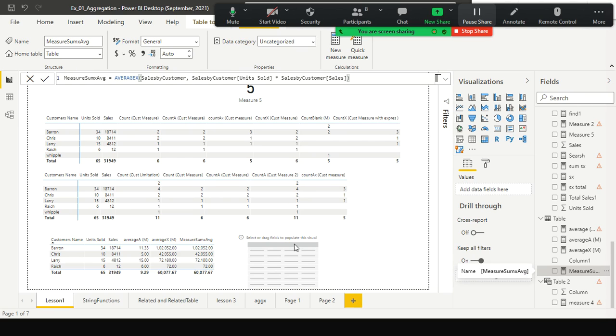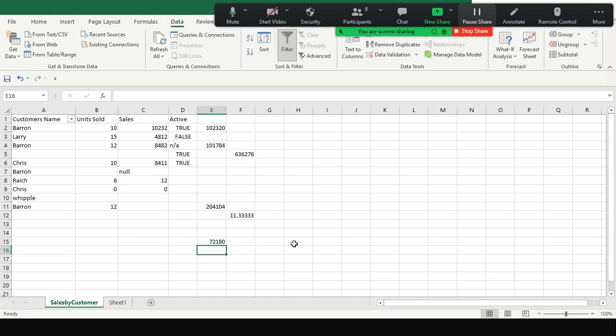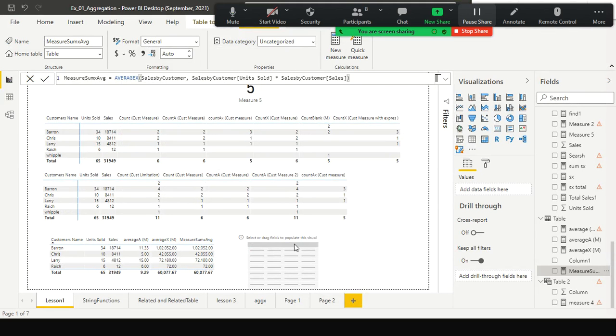And how many records? That is what we need to see here. For this guy, 15. Larry, we have only one record, so 72,000. Yeah, only one record. Hence average X comes as 72,000. Only thing is, this guy's number is somewhat increased. So this guy has only one record. 6 into 12, 72. Everything else is correct except this one.